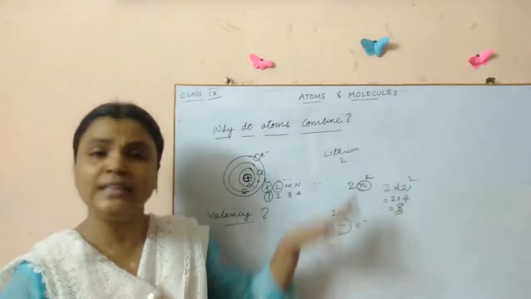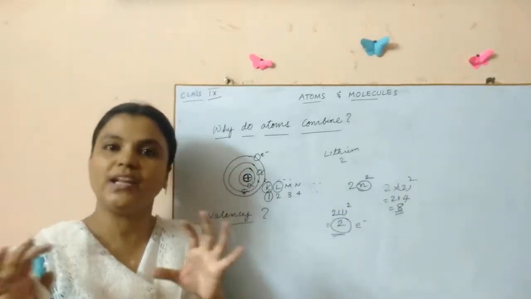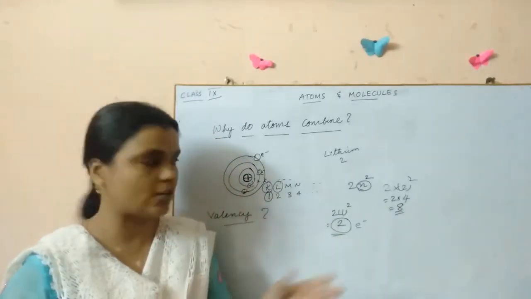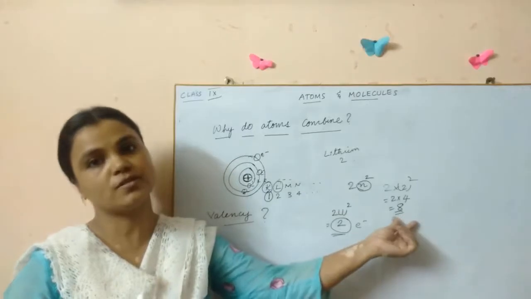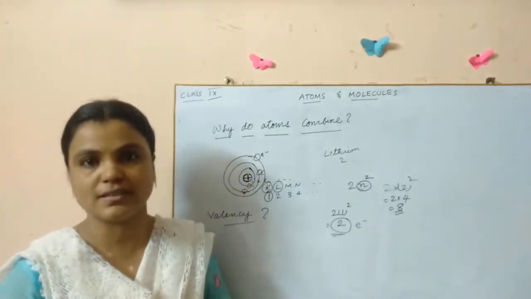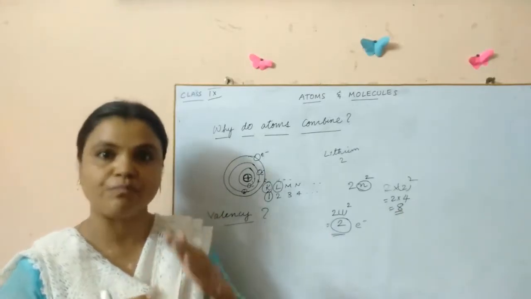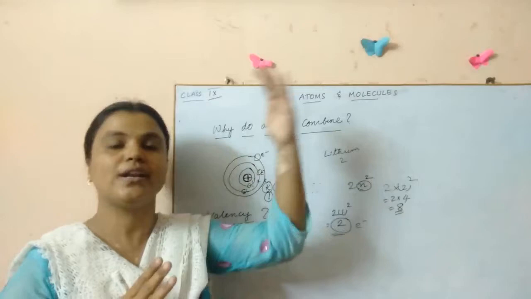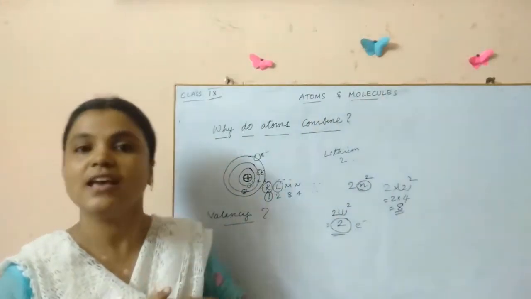So in that way we will know how many electrons will be present in each shell. In the first shell it is only 2 electrons, and the maximum in the second shell will be 8. Don't understand that always 8 electrons will be present in the second shell. It starts from 1. One element will have 1 electron in the second shell, then 2, 3, 4, and it goes on increasing as the size increases.